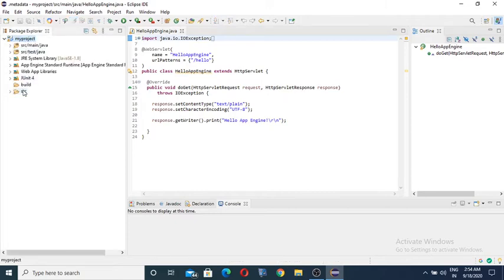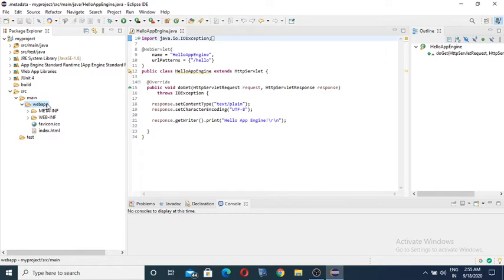In that we have to move to source. In source we have to take main. In main we can take the web app. In the web app we can take some HTML file, where you can write a program that generates even numbers, and we can deploy it to Google Cloud.